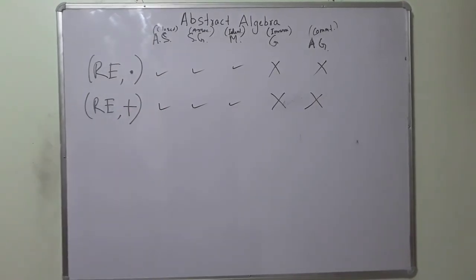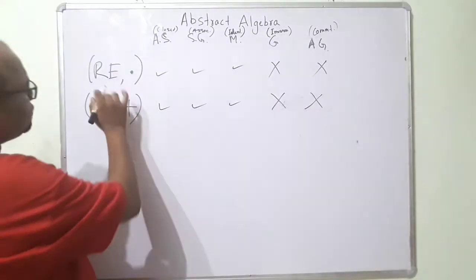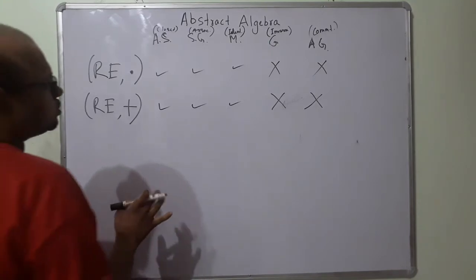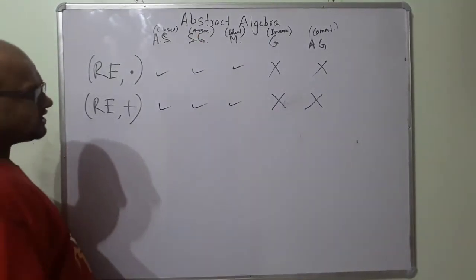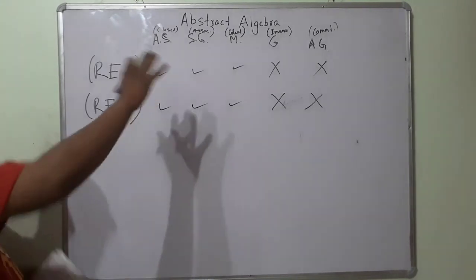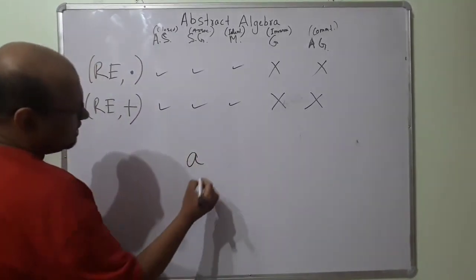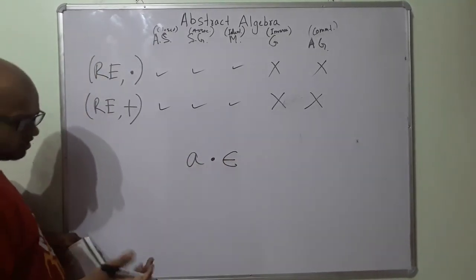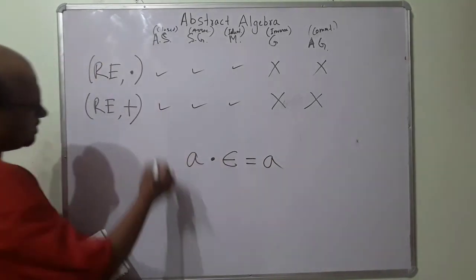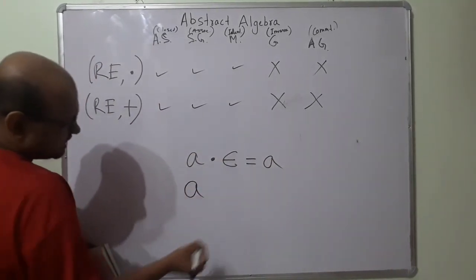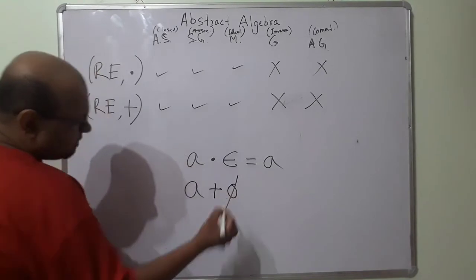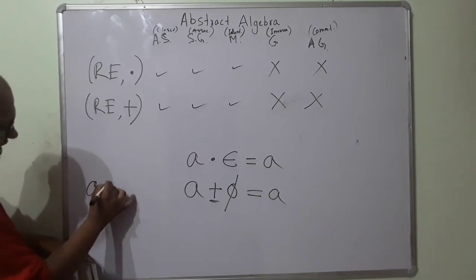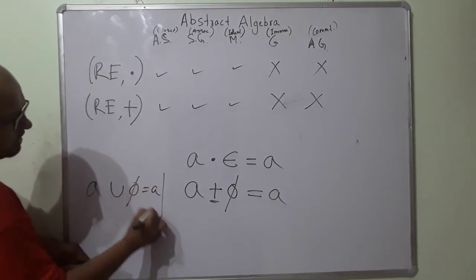Okay, thing is that when I concatenate two regular expressions, I get a regular expression, so it is closed. Okay, and then it is associative also. Okay, and then identity exists. Some regular expression A concatenated with this empty epsilon. Epsilon is a string of zero length, will give me A. Okay, so similarly, some regular expression A, when I OR with the empty set, will give me A. This is essentially like A union empty set is equal to A, right?